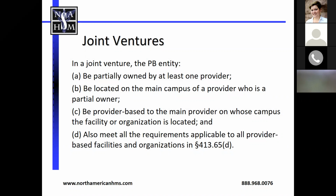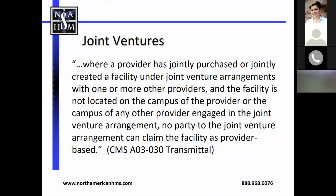So the joint venture is the clinic. Let's say that ABC Hospital owns 50% of the rural health clinic, and XYZ Hospital owns the other 50% of the rural health clinic. And the rural health clinic is 30 miles away from the main provider. If the off-site rural health clinic is jointly purchased or jointly created, and the facility is not located on the campus of the main provider,